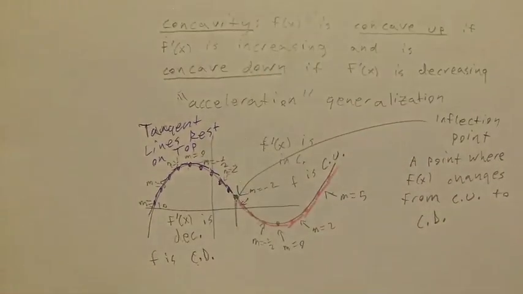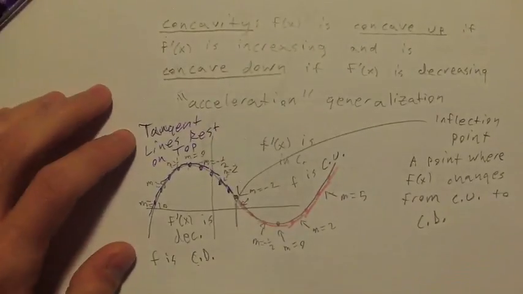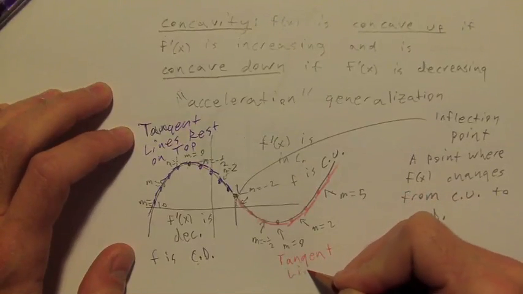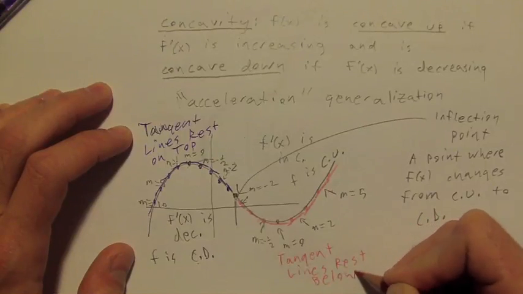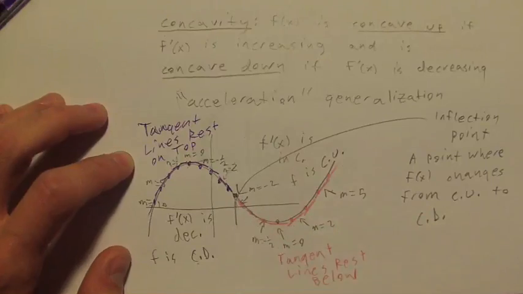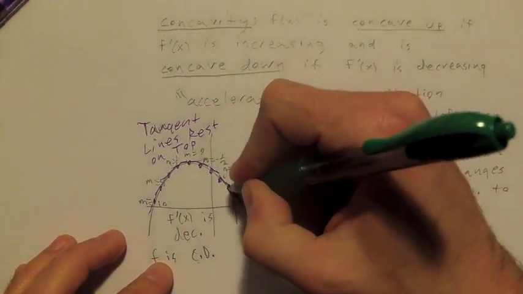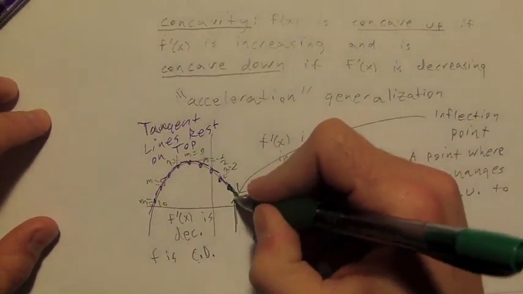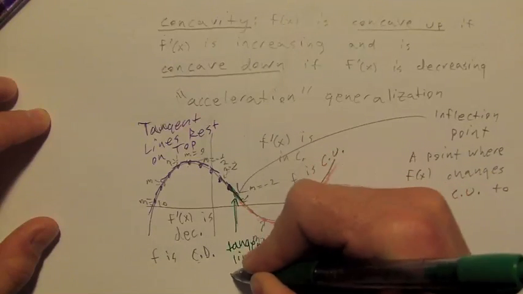So they tend to rest on top when you're concave down, and tangent lines rest below when you're concave up, right? You see all the tangent lines kind of rest below. And the point where the tangent line looks to be flush with the graph, say you draw a tangent line and it matches the graph. So tangent line matches the graph